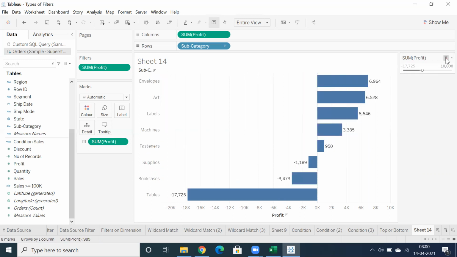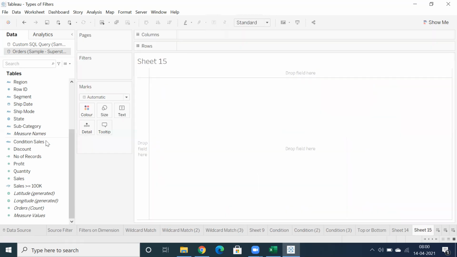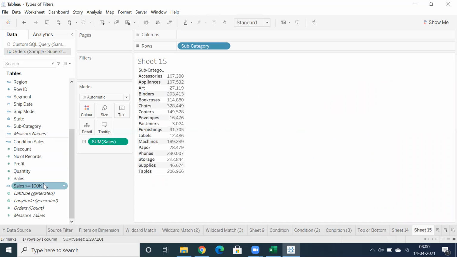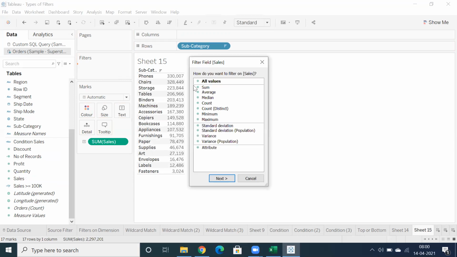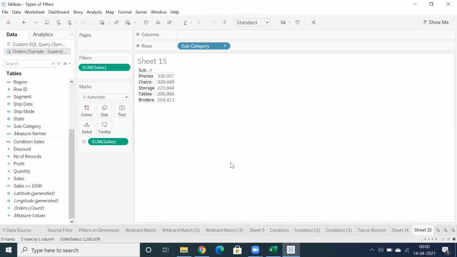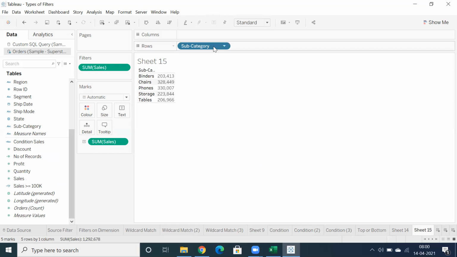So minimum value or maximum value, but I'm not sure why it is happening for sales. I'll look into that, because you can see, when you go for sales, let's sort it out. When you go for sum of sales, you can go for at least straight away. Let's look into this. So it's different. I'm not sure why exactly it's happening.